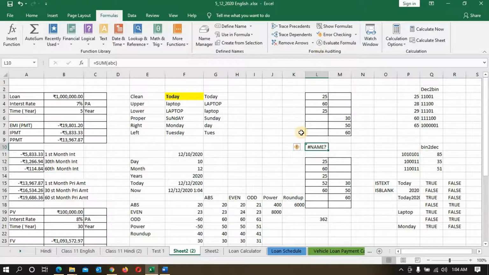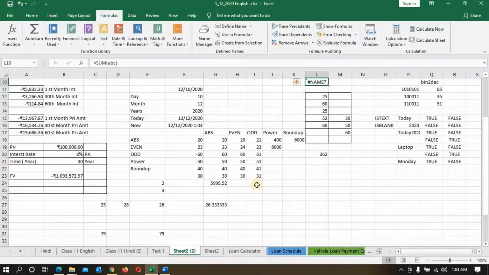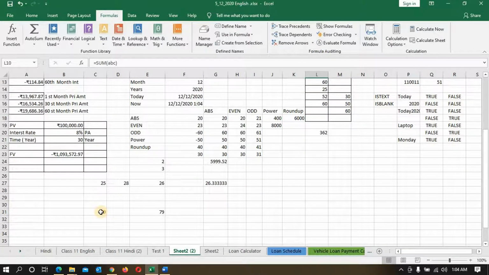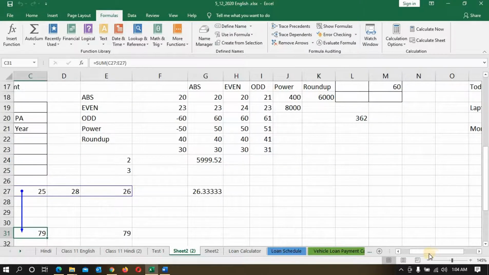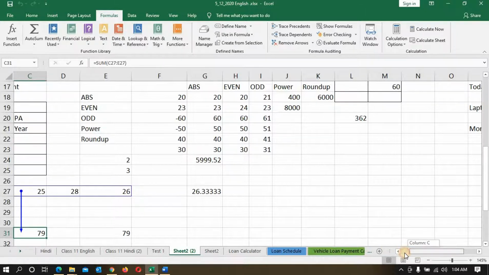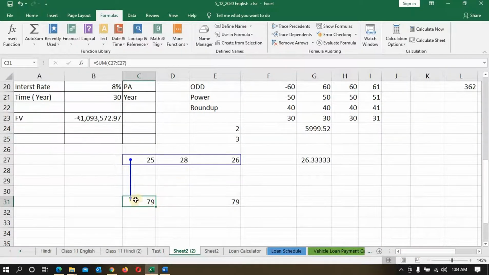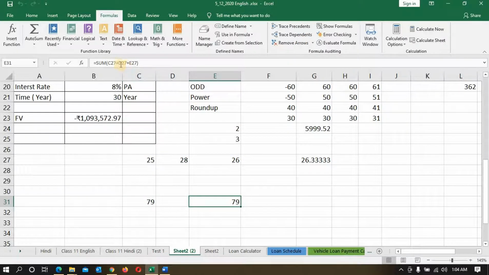Then we have Formula Auditing. What is formula auditing? Okay, basically I put some calculation here. This is its formula, sum. So if I put Trace, what will happen, it is showing a rectangle of this, and then it is showing an arrow here. I will just remove the arrows, and I put the same formula but I put add. So it shows 3 arrows.